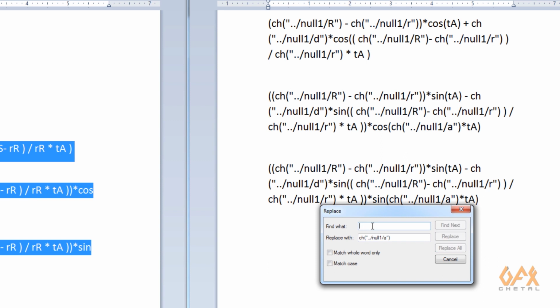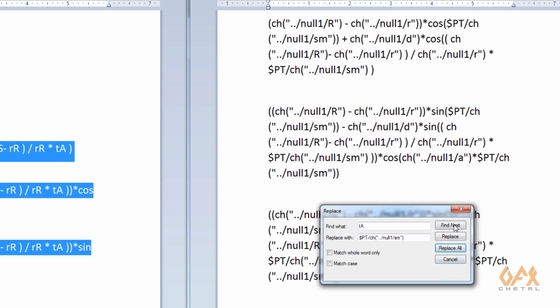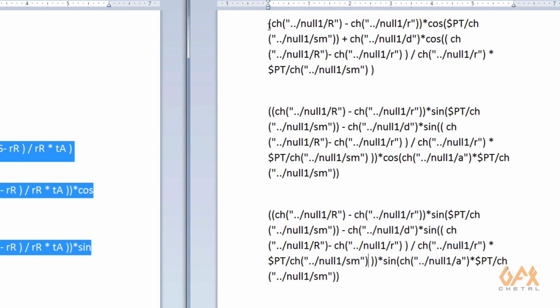And now time to change TA, and TA is replaced by $PT divided by, here I change it to SM and replace all. Okay, so now you see, you don't need to worry about the brackets and all those things.